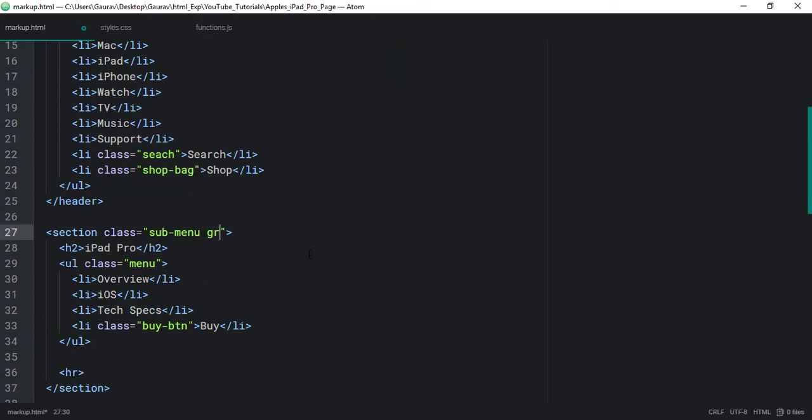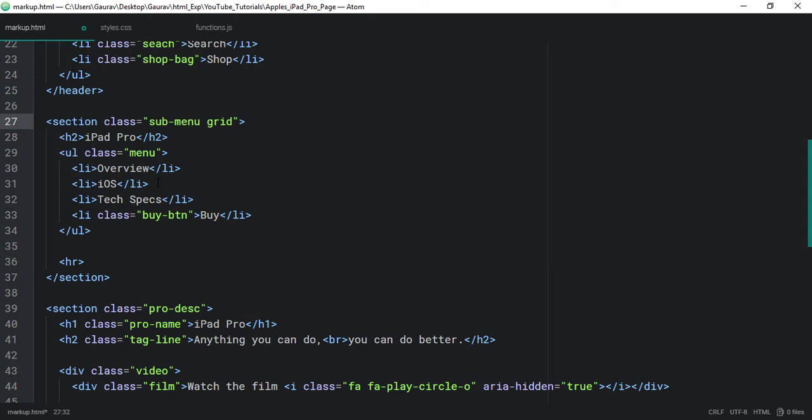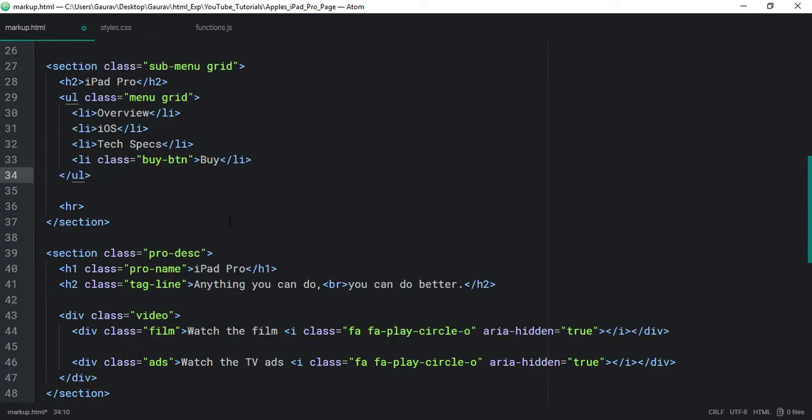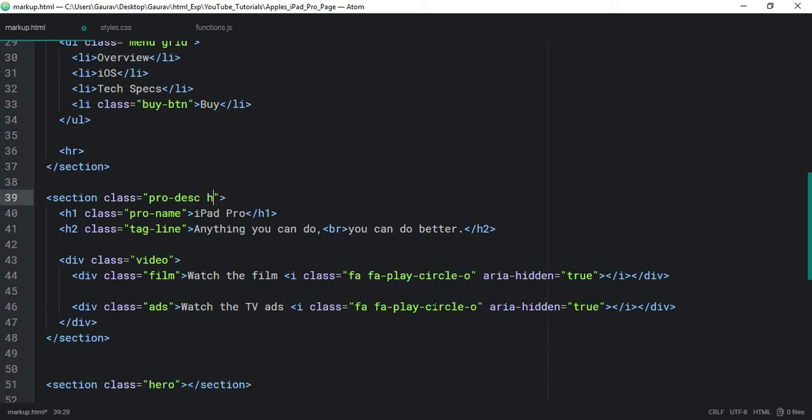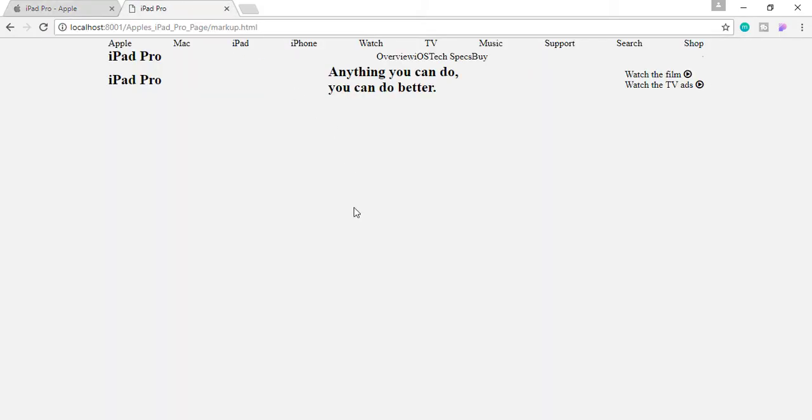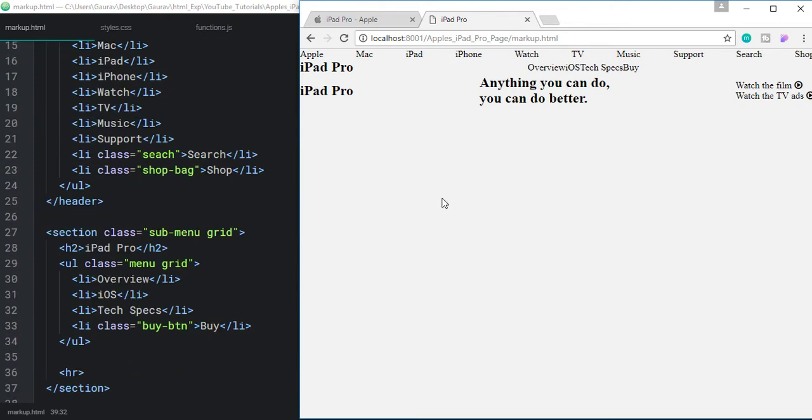Also we need to give it to the sub menu as well, and also this menu, so let's do that, and also this product description section, and let's save it and see in the browser what we have got. Okay, so now all the elements have changed their width to a max width of 1000 pixel, and that's good. That's all we want from that grid class.